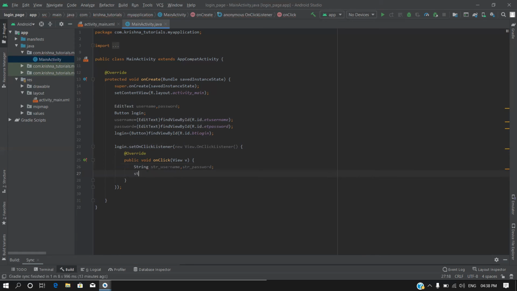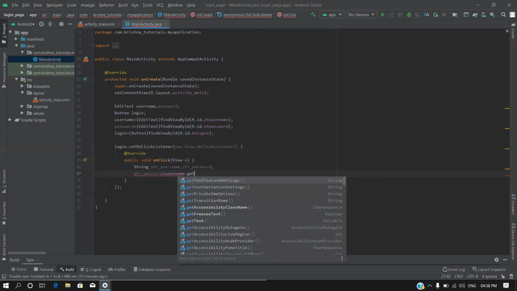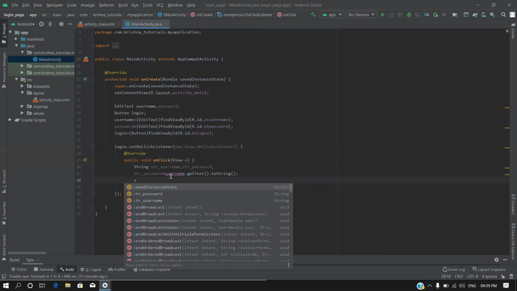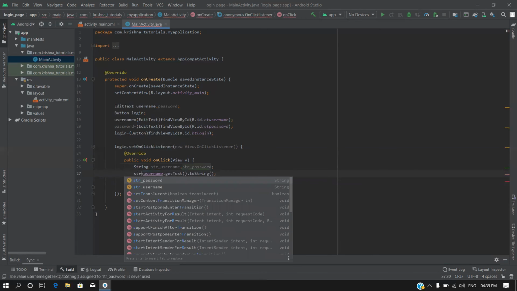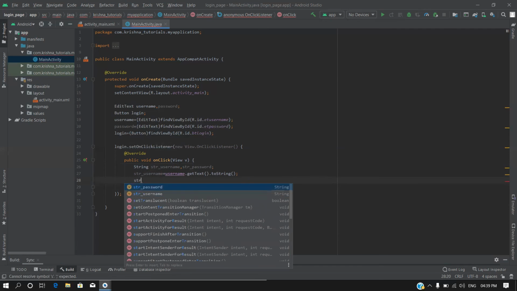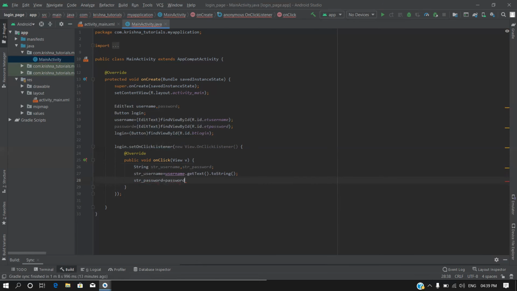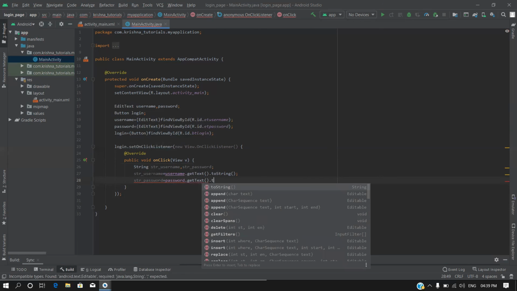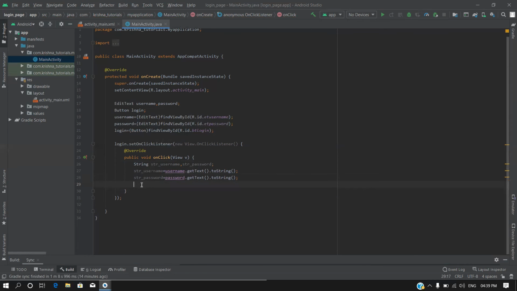Okay, so I'm going to convert this is equal to username dot get text dot to string. It has been converted into, okay, sorry, this must be username. Yes. Now this will be password dot get text dot to string, converted into the string.